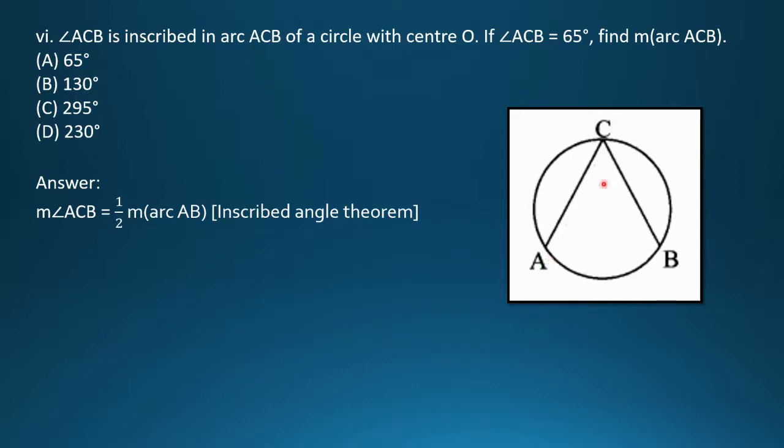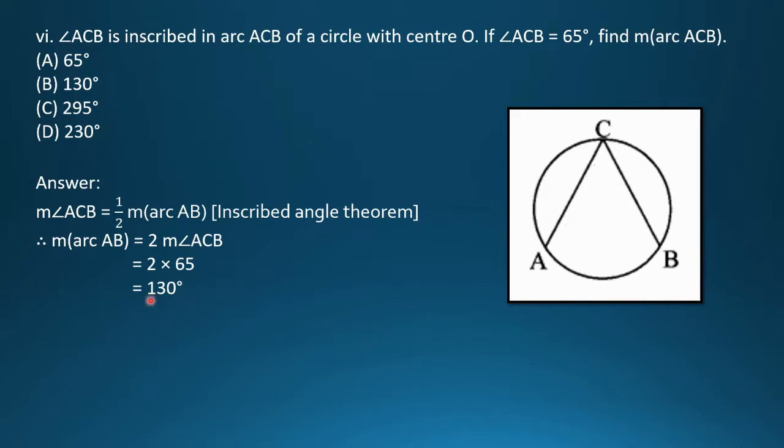So ACB is the inscribed angle. And we know by the inscribed angle theorem, the inscribed angle will be half of the corresponding intercepted arc. So ACB, the inscribed angle, is intercepting the arc AB. So angle ACB will be half of the measure of arc AB. If we take the 2 on the other side, we get measure of arc AB is equal to 2 into measure of angle ACB. Now measure of angle ACB is given to be 65 degrees. So we'll substitute 65, and 2 into 65 is 130 degrees. So measure of arc AB is